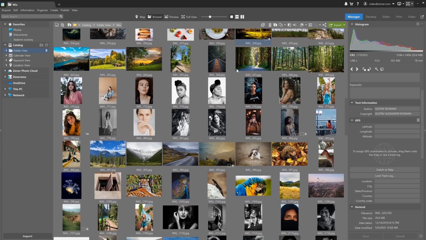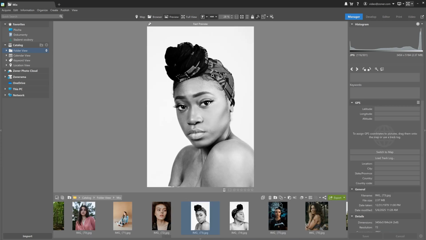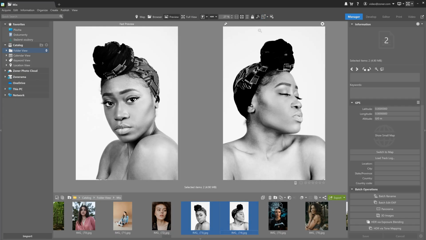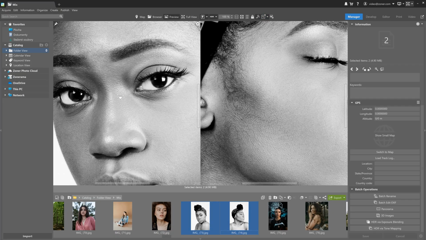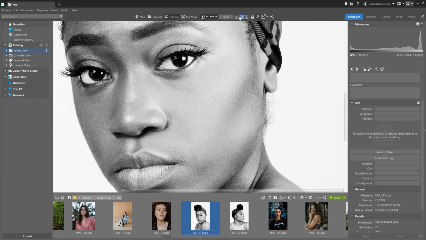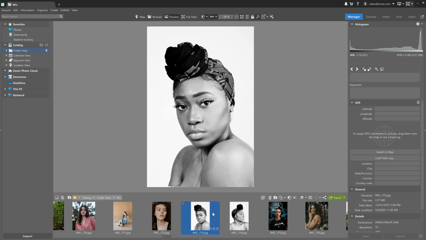Double-click the photo to switch from browser to preview mode, and you can use this icon to enable AI close-ups. This is super useful, especially when comparing multiple shots and spotting the sharpest one. Now, when you're in preview mode, the film strip below has other options in the folder, and the navigation toolbar is up top.